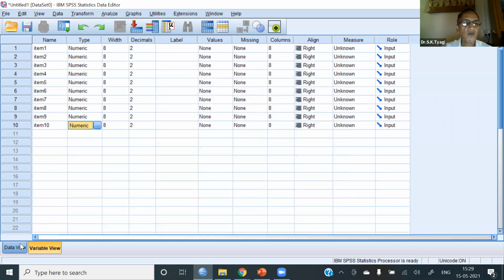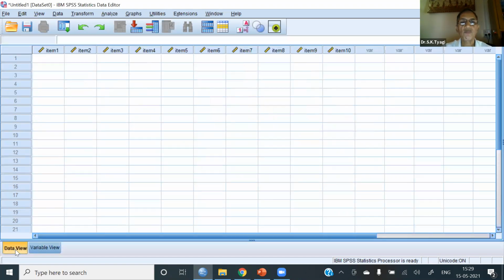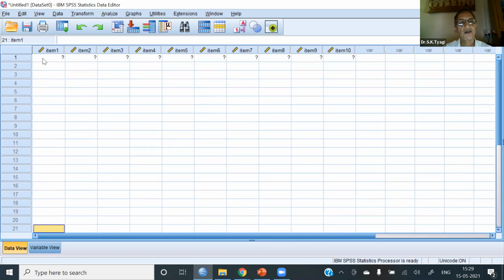Now come to data view. There are 20 students. This is the first student. This particular student will answer each item either correctly or incorrectly. Suppose he answers this correctly, so I enter 1. Then go to the next.